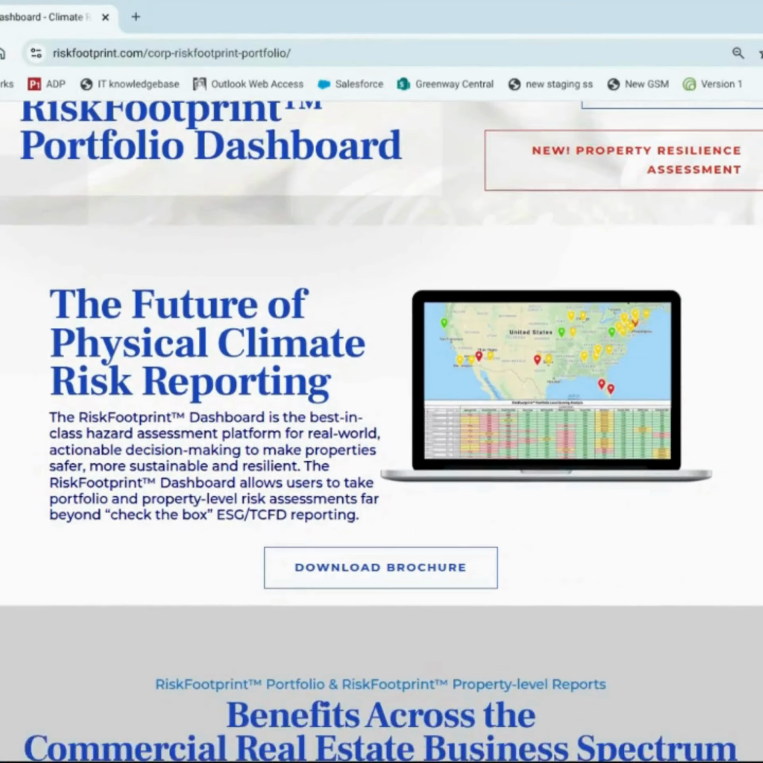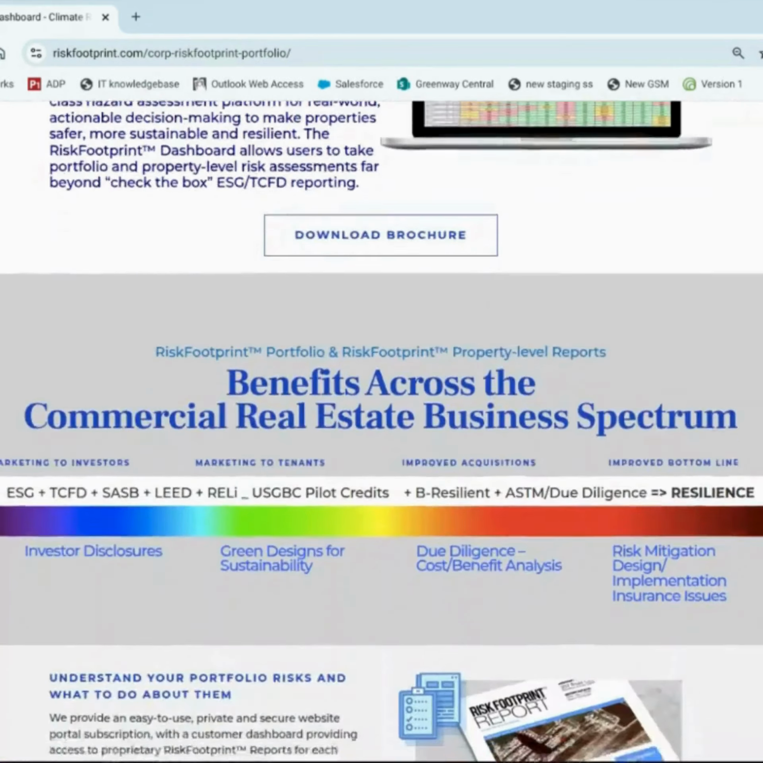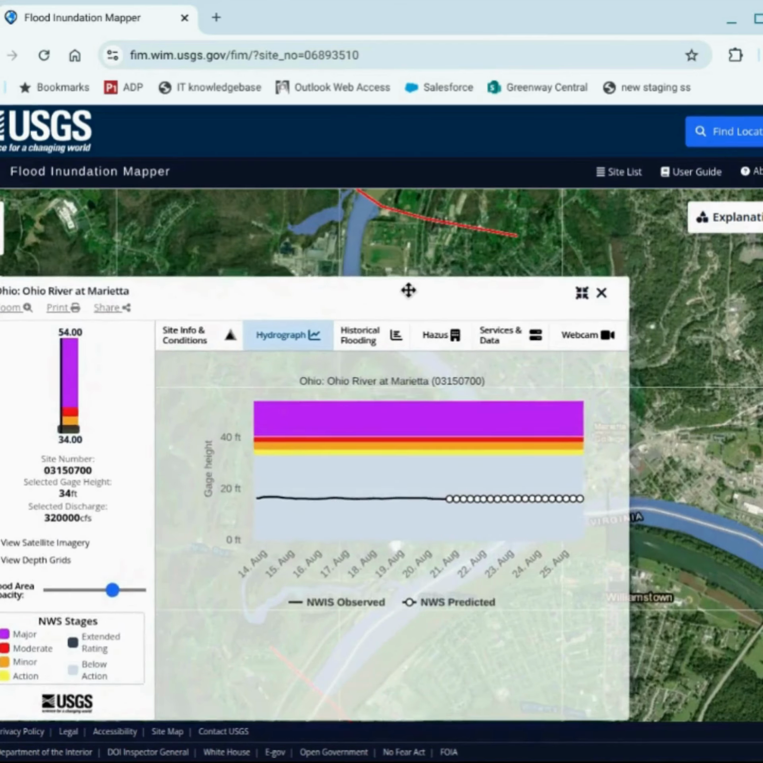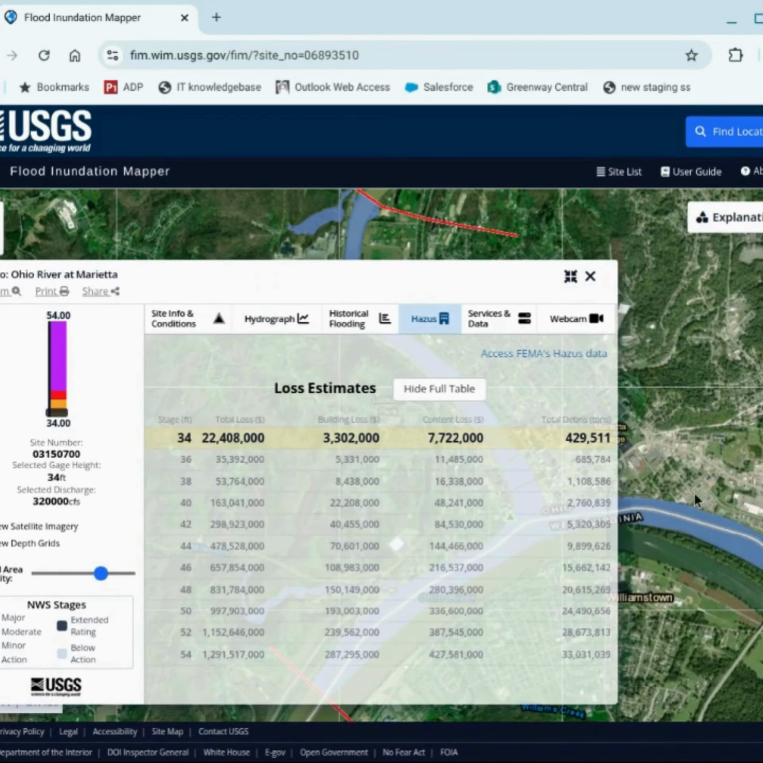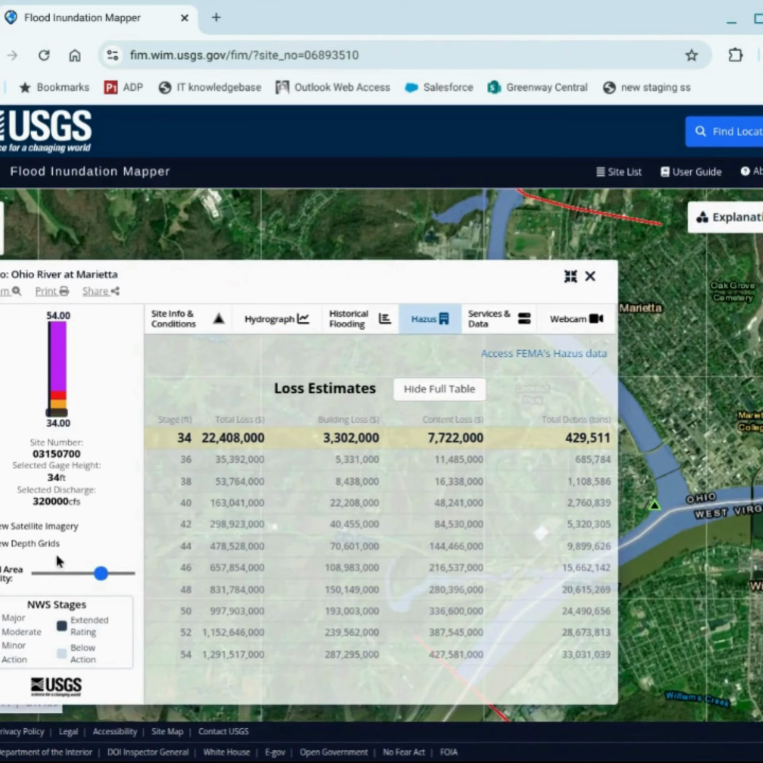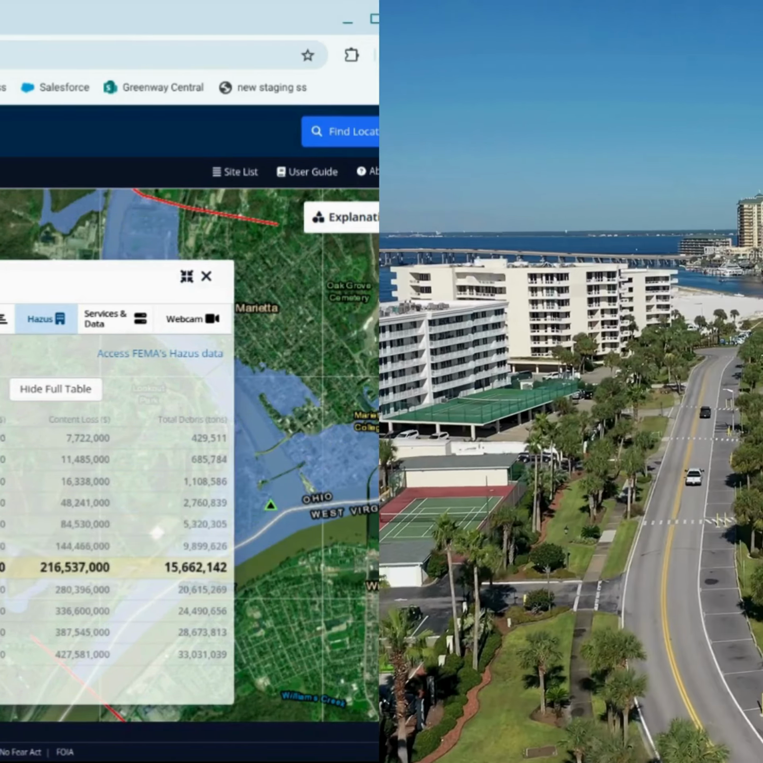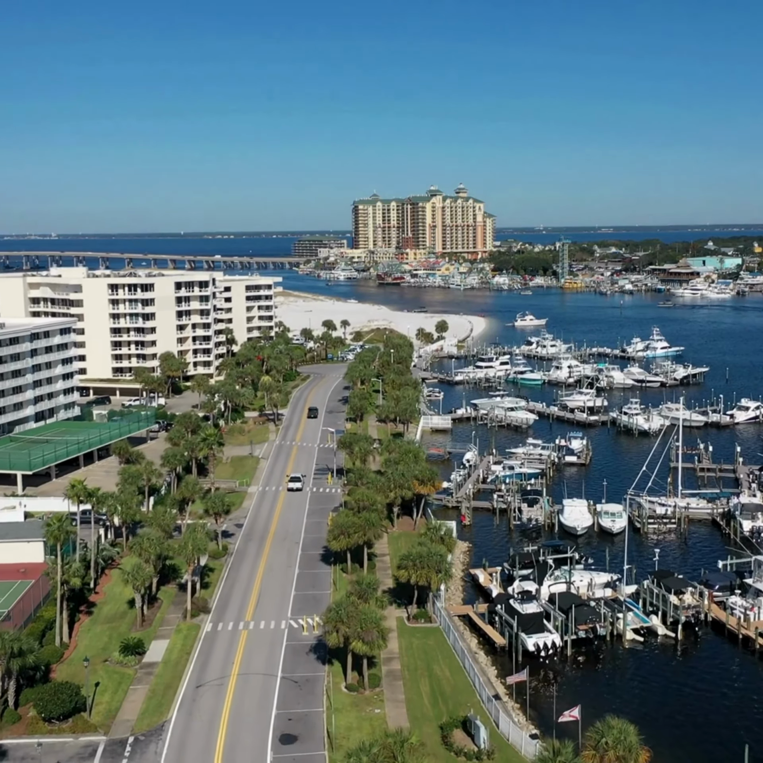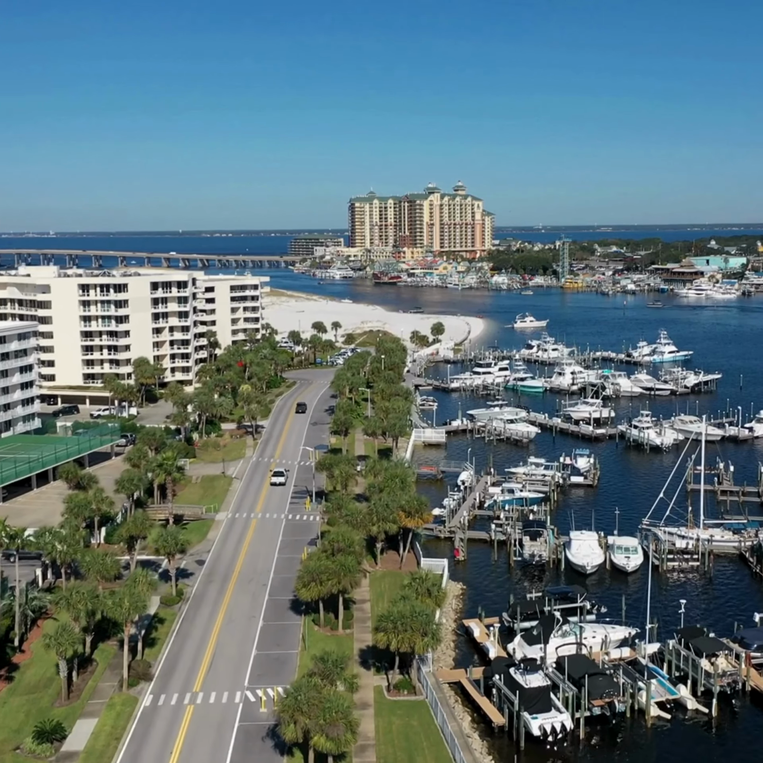RiskFootprint integrates Hazus damage and loss estimates into its risk assessments. Hazus enables scenario modeling, evaluating mitigation strategies, and justifying funding priorities, all with FEMA's standardized, defensible methodology. From building-specific damage estimates to regional loss projections, Hazus provides the details needed for the RiskFootprint team to complete